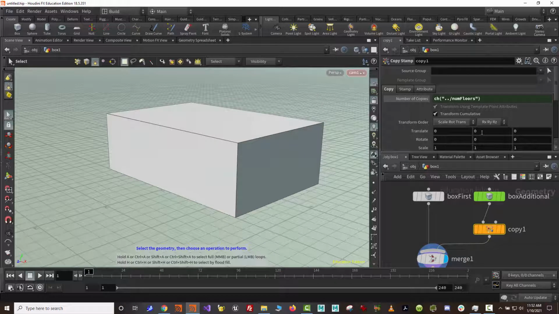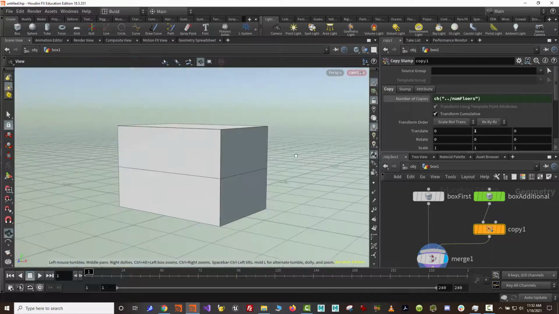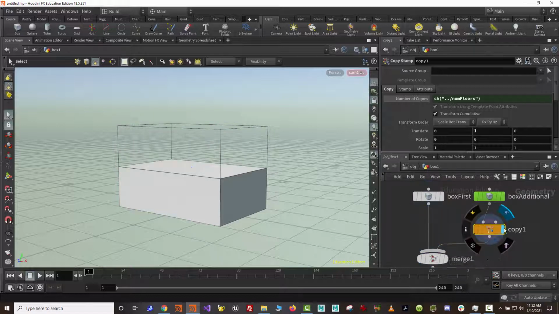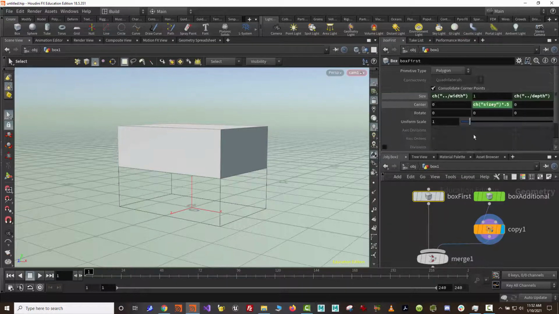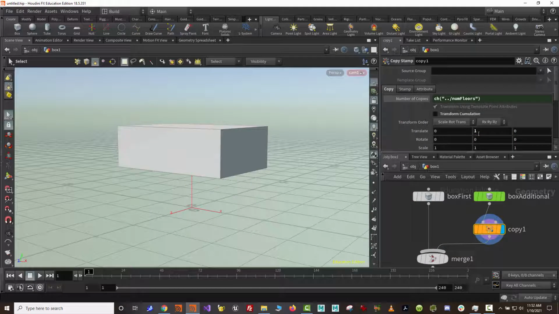So if we translate cumulative, well, we get our multiple floors. But the problem with this is that now they're on top of this initial box, and that's not what we want. If we try and put expressions in here, it's just going to continuously accumulate that value. So we're going to turn that off. And you can see here it went past first floor. But really what we want to do is if we decided to change that floor, we'd want to have a reference to it. So we're going to copy that parameter and paste